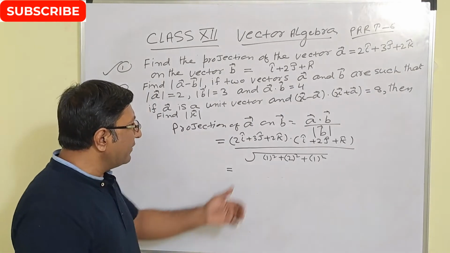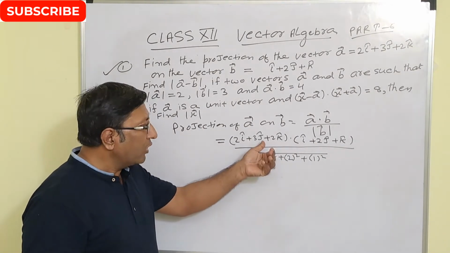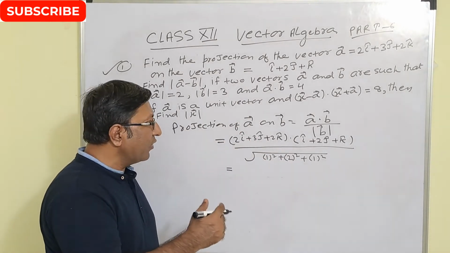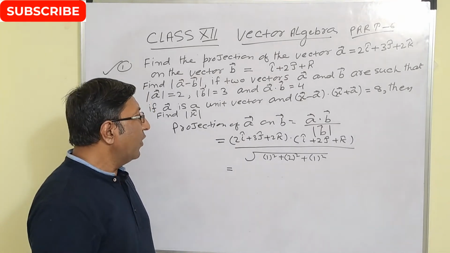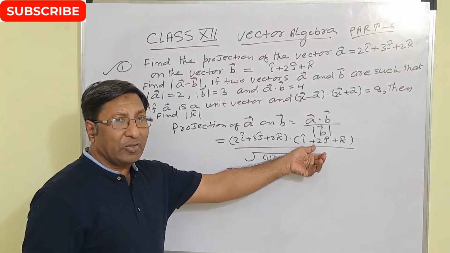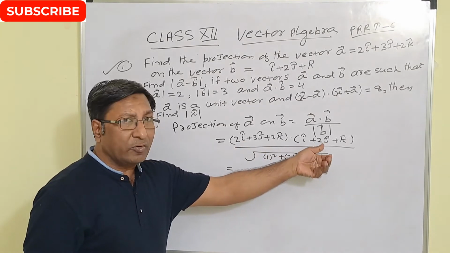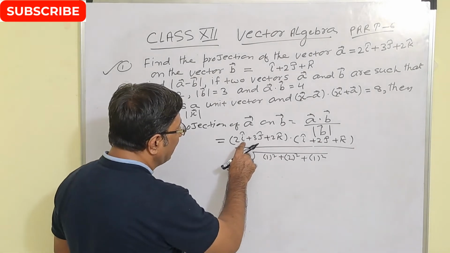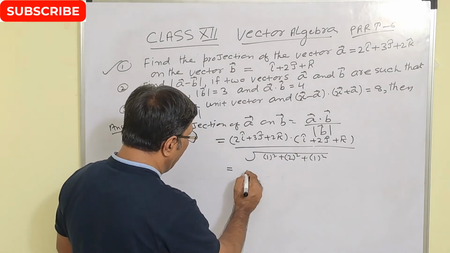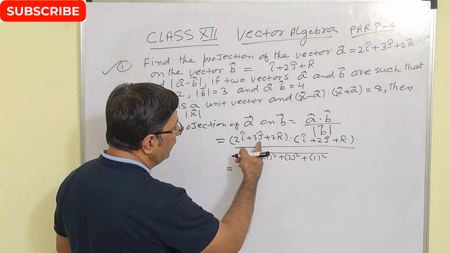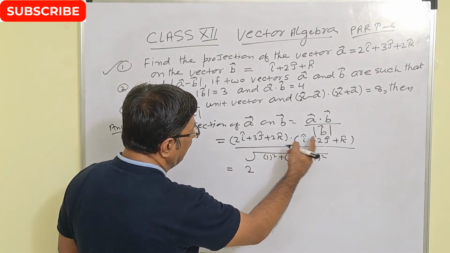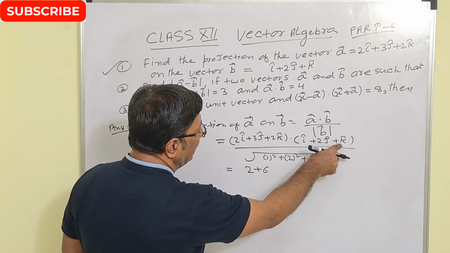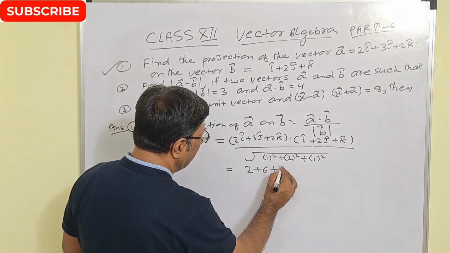Now अब जानते हो that means this vector dot this vector, डॉट प्रोडक्ट में बताया था इससे पहली क्लास में भी कि डॉट प्रोडक्ट में i डॉट i, j डॉट j और k डॉट k की वैल्यू 1 होती है। और अगर i के साथ i का डॉट j के साथ लो तो 0 आएगा, i का डॉट k के साथ लो तो 0 आएगा। ये डॉट प्रोडक्ट में सेम यूनिट वेक्टर लेते हैं, दैट इज 2 unit vector i into unit vector i, that is give only 2. In the same way 3 unit vector j dot 2 unit vector j is 6. In the same way 2 unit vector k dot unit vector k. So 2 into 1, 2, right?